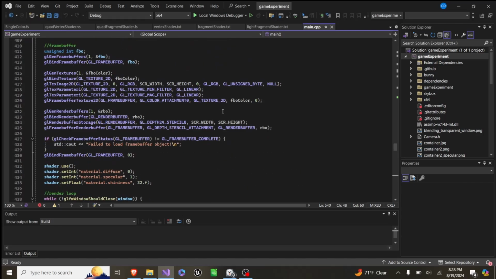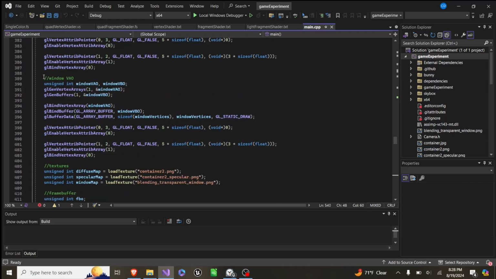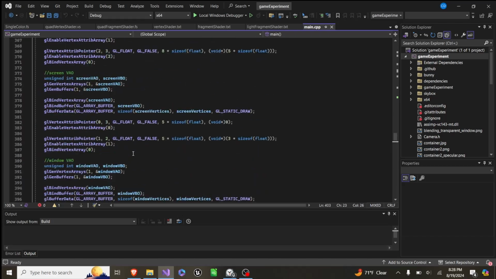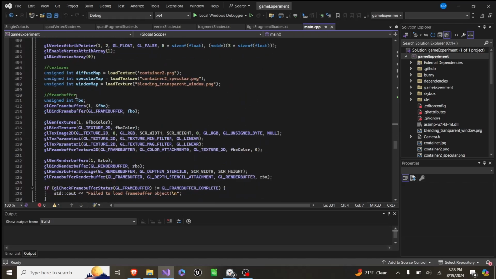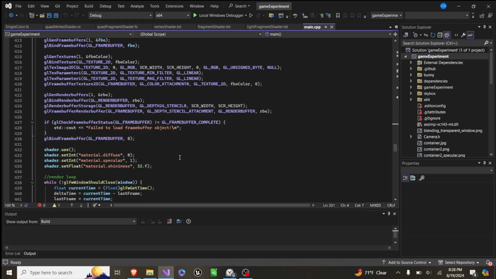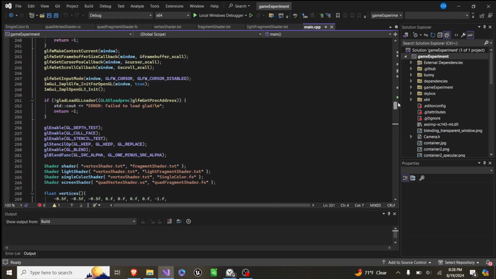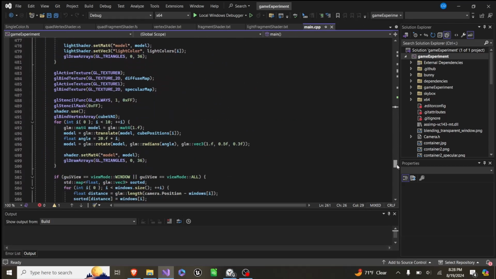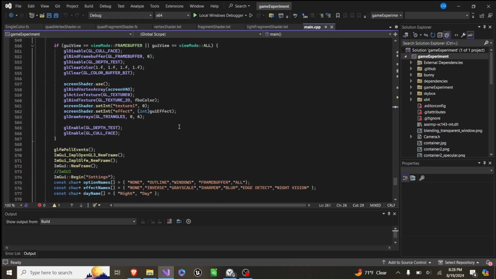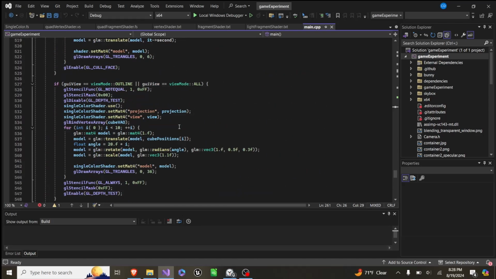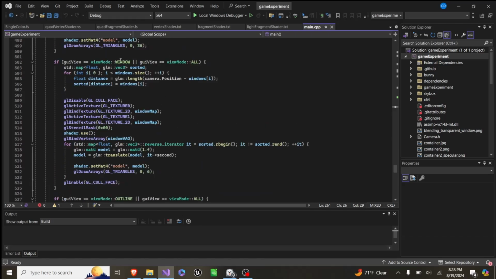Then the next one was the windows, and for the windows, we create a window vertex array object and vertex buffer object, and we have a window vertices, and then at the top here, we have to enable GL blend and the blend function where we'll blend alpha and 1 minus the alpha. So that alpha is the transparency of any texture. So we create it, and then we go down here, and if we have window or